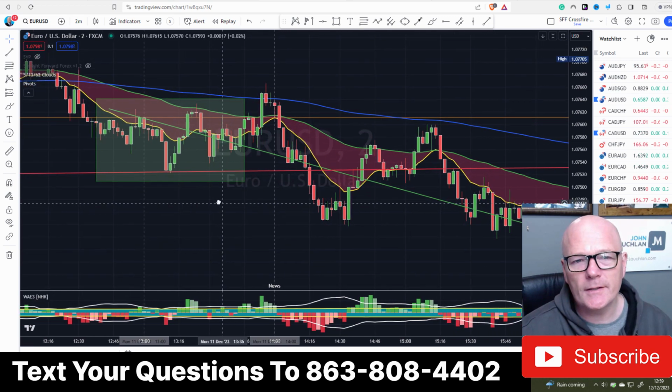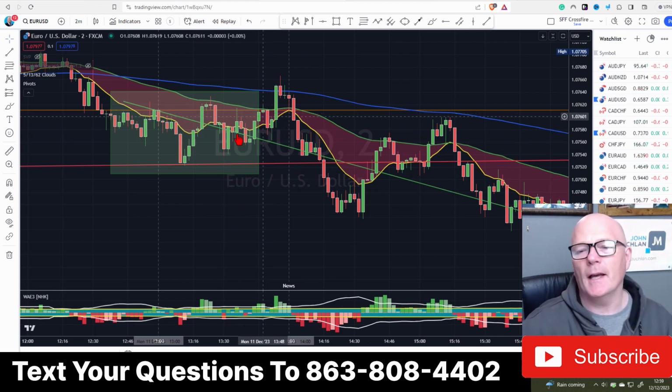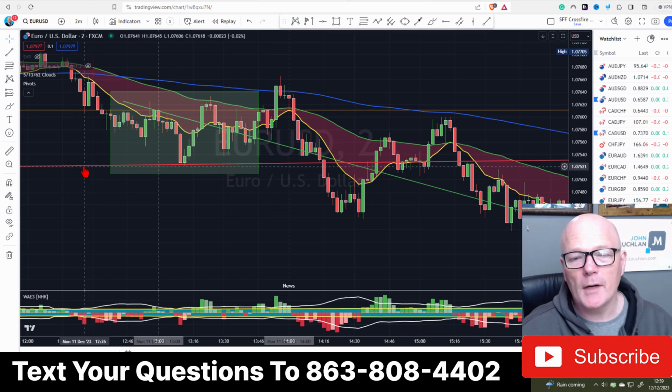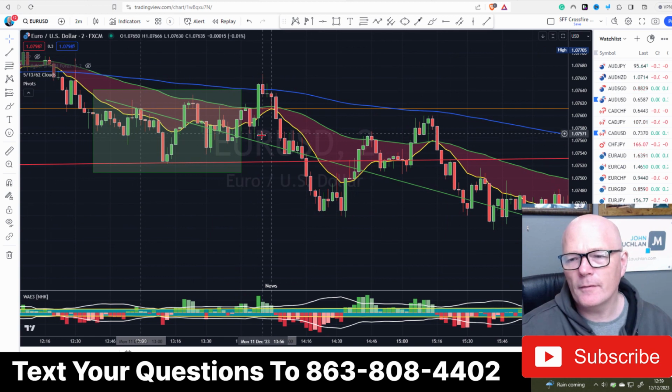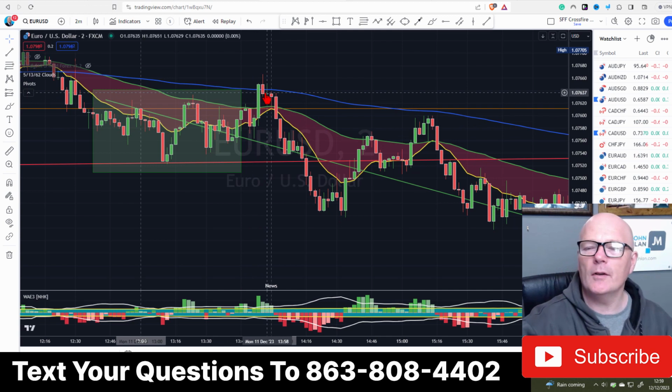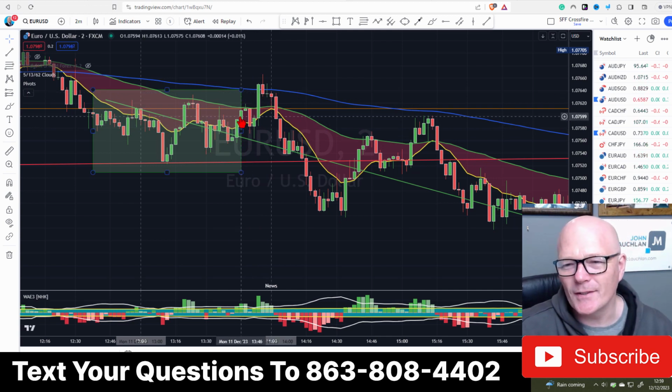If you look at the Euro US dollar, we put our trend lines on. We've got a green trend line as part of this strategy going down, and the red trend line going across. Essentially what we're looking for is when price goes above the green, we're looking for potential buys, and when it goes below the red trend line, we're looking for sells. I said yesterday that if we're going for longs, we want those buys for the bullish market,